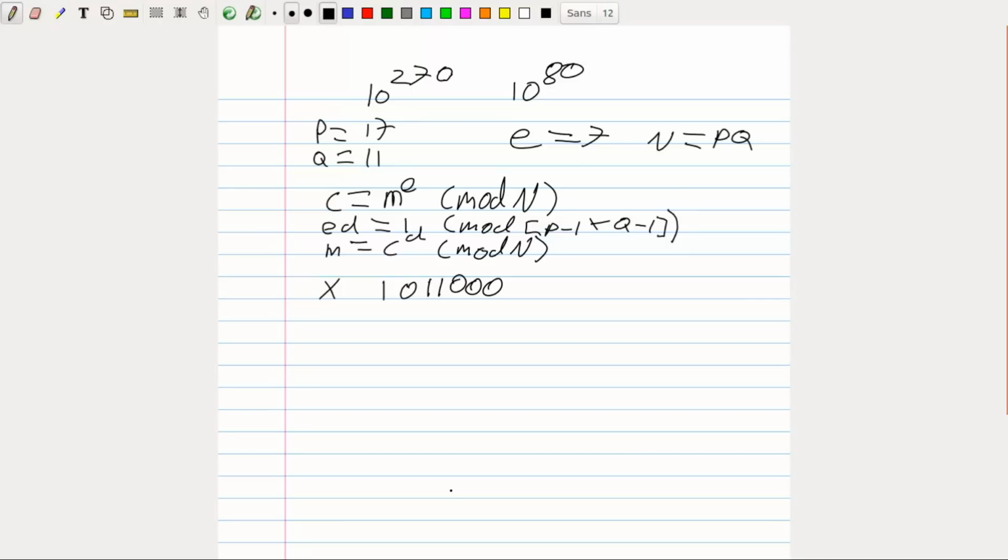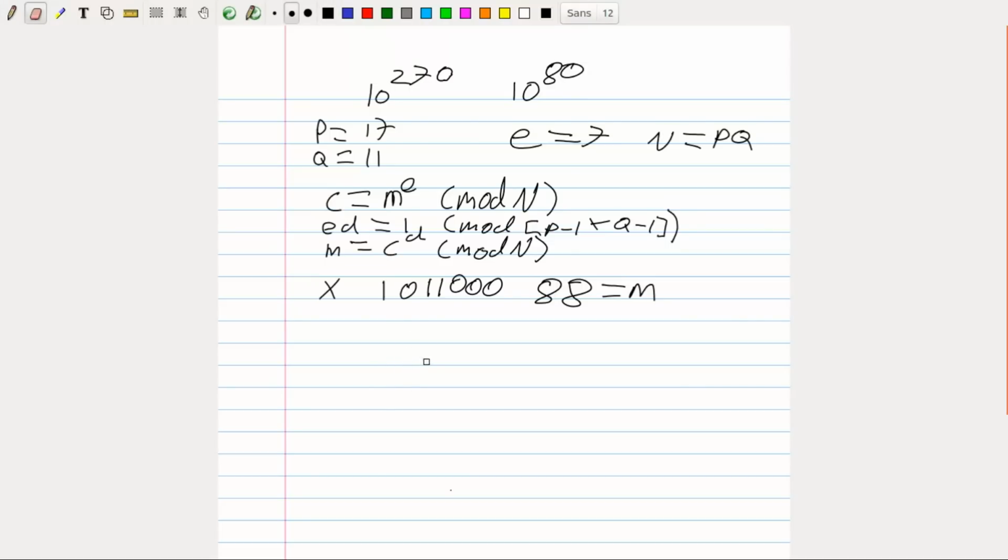We assign this 0, 1, 2, 3. And then we add all these together. So 2 to the power of 6, 2 to the power of 3, 2 to the power of 4. We add all those up, and what we get is 88. And 88 is equal to our message text. So we can put that in here. So I'll write this down here. M is